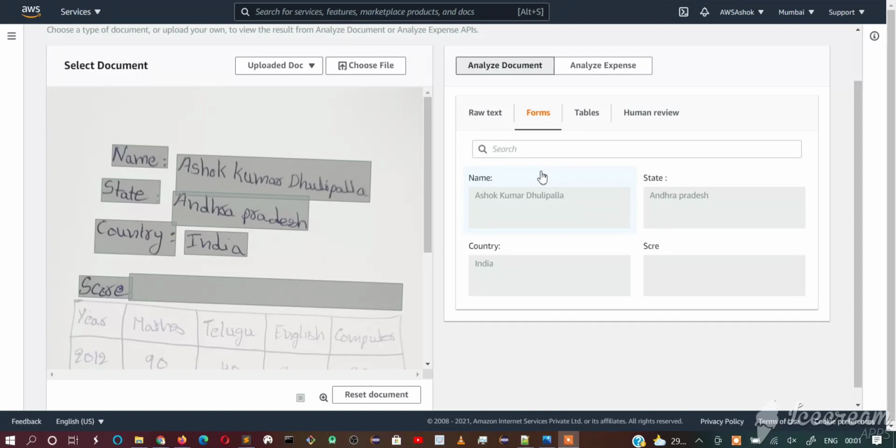We will get different block types. So first let's write a simple Python code. I will write it using a Lambda function, so it will be easy to get the image from the S3 bucket. First we need to upload the image we want to extract data from to the S3 bucket, and then we can easily provide the S3 bucket and file name to the Textract API and get the response. So let's go to the Lambda function.